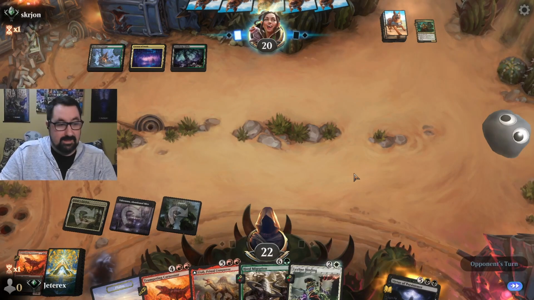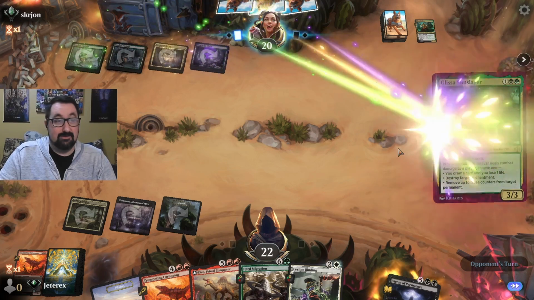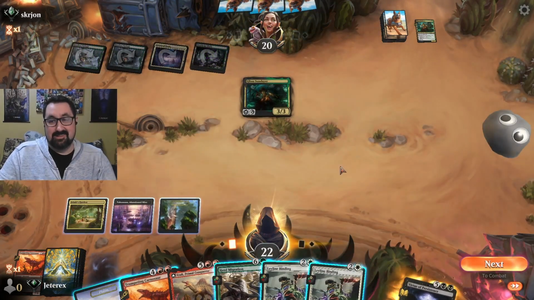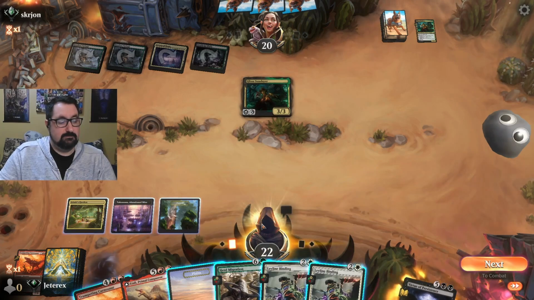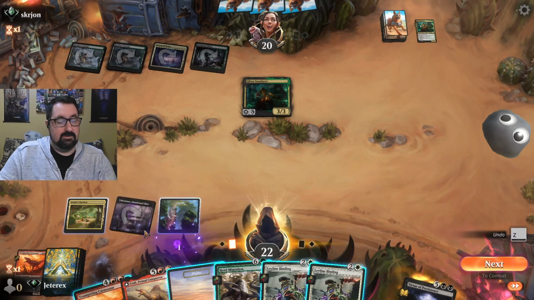We are kind of playing the destroy everything that they put down, which is at least a little ironic because it is also what they are trying to do. So I have a couple of options here. Using the Herd Migration,